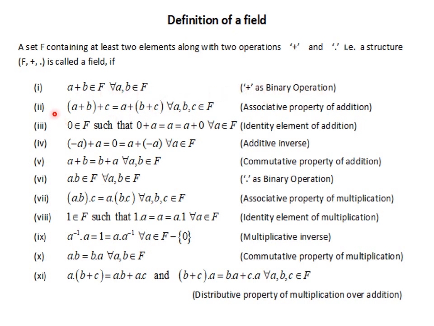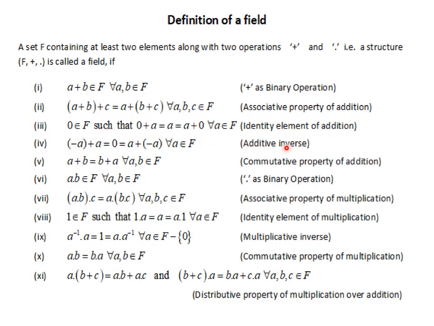Then the second one, the simple associative law of addition. If we have to add three elements of set F, then it hardly matters in which order we add, either a plus b then plus c, or a plus b plus c. So it's about the simple associative law. Then as I already mentioned, 0 and 1 have to be there. So 0 is an element of F which works as the identity element of addition, meaning 0 plus any element a equals a again, or a plus 0 equals a again, meaning 0 is ineffective during addition. So it's the identity element of addition for set F.